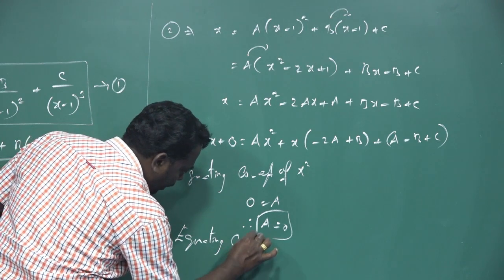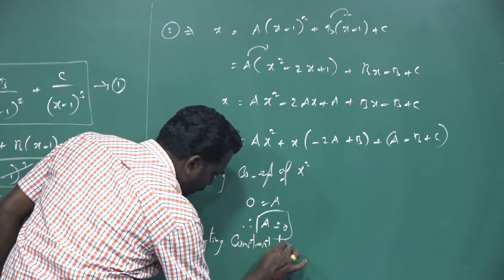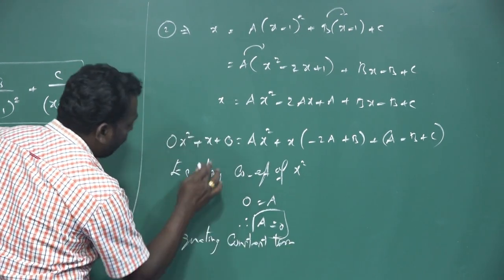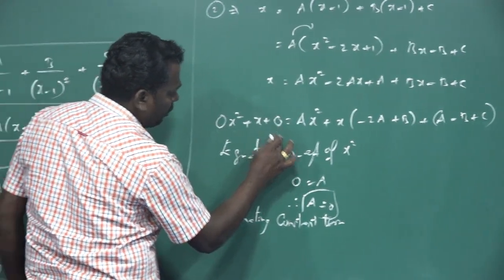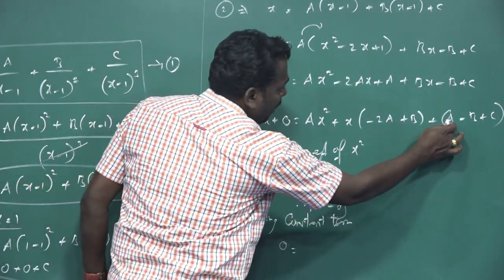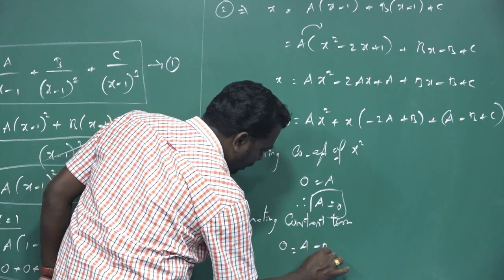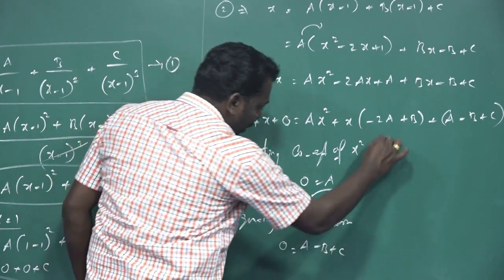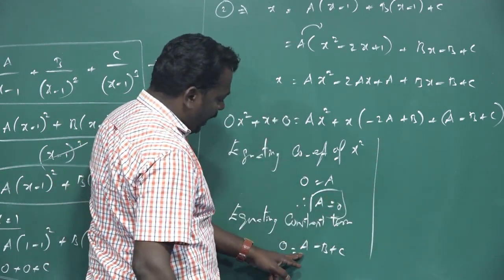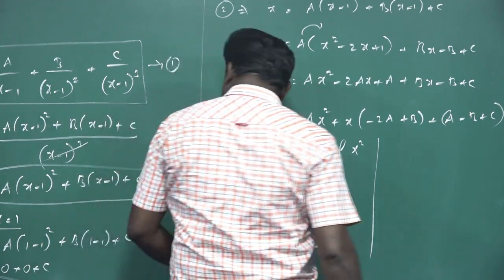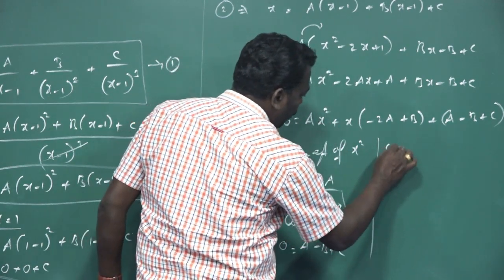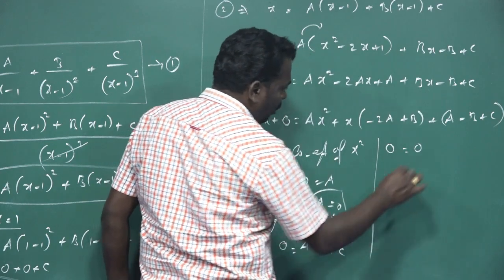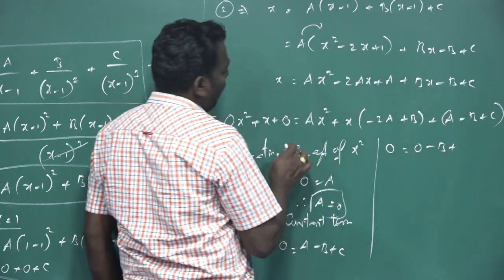Equating the constant term. Therefore, the left hand side constant term is equal to 0. The right hand side constant term is equal to a minus b plus c. Now substitute the value of a and c. a value is equal to 0, c value is equal to 1. Therefore 0 is equal to a value 0 minus b plus c value